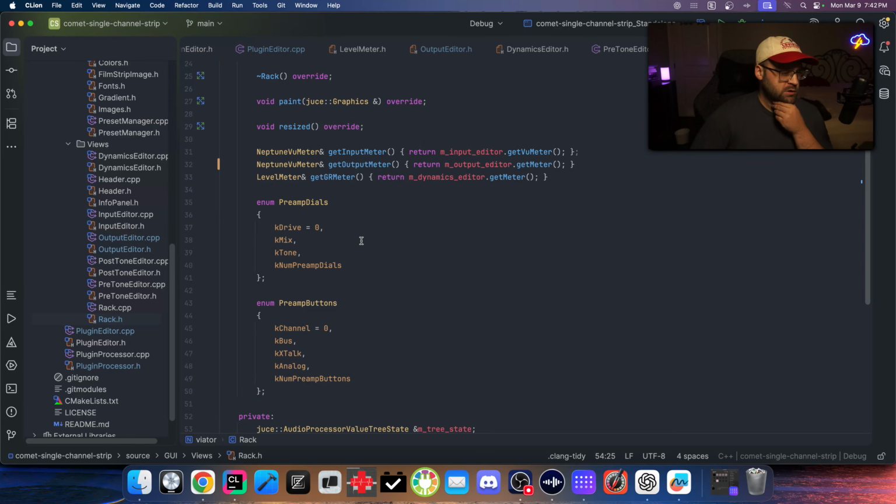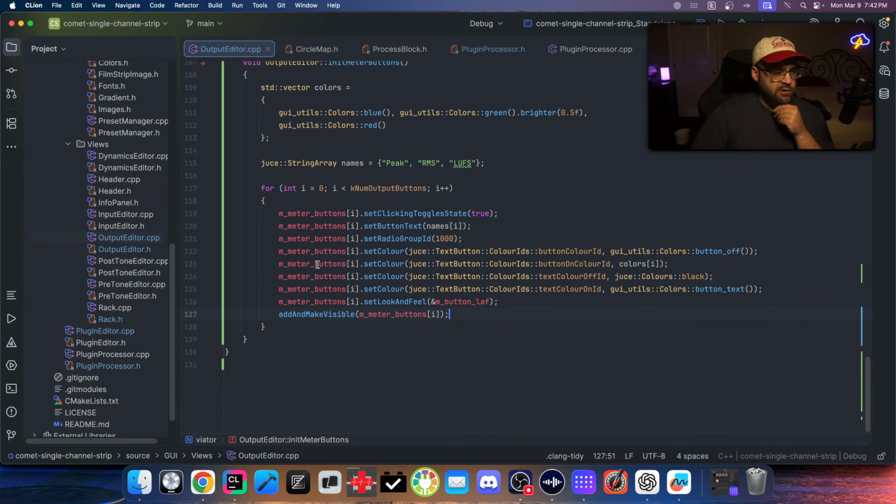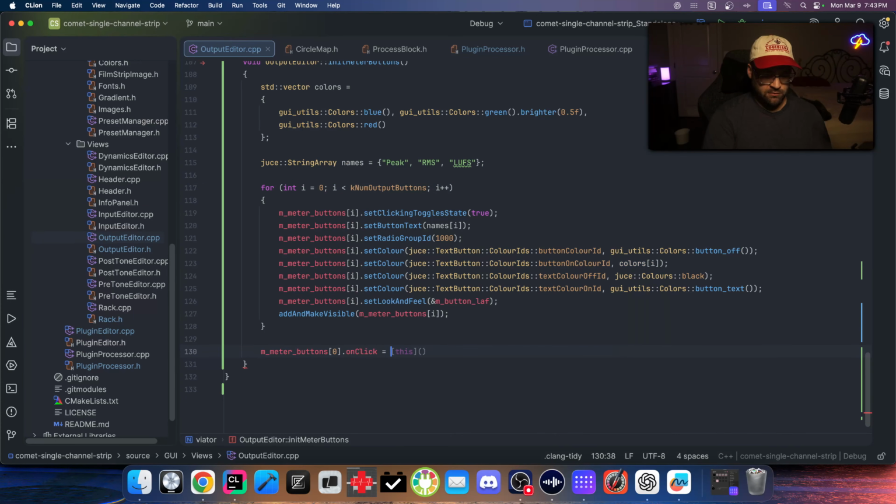So maybe we should do an action listener. So what would that look like? That would look like me going into the output editor, taking these meter buttons and doing an on click, and then actually I'll just take one and just do it. It would be something like this. The first one, on change or on click, is equal to this, like that, and then we would do send action message,